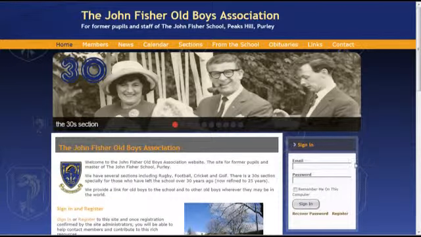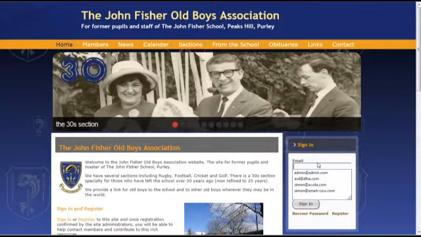This is just some instruction on how to edit the John Fisher Old Boys Association website. First of all, you need to log in, and assuming you've already got the right authority to log in, I'll just